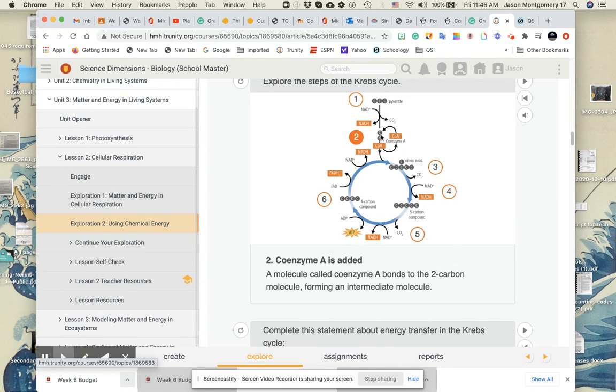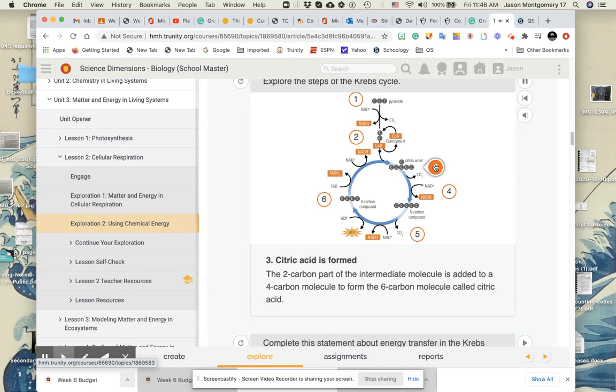So here's 2, right? And it's going to bond over here with these 4 from here to form a 6-carbon citric acid. Citric acid is formed. The 2-carbon part of the intermediate molecule is added to a 4-carbon molecule to form the 6-carbon molecule called citric